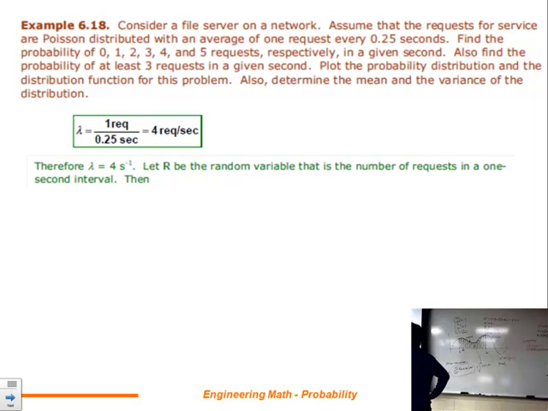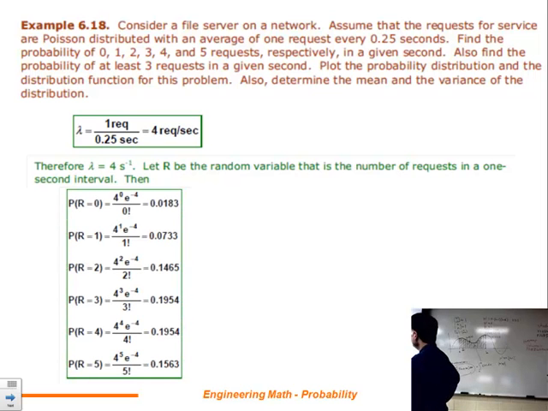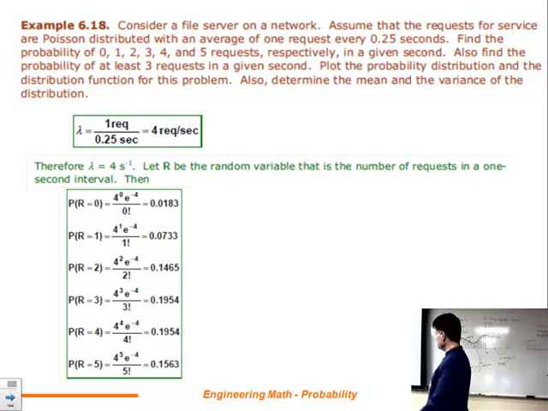So let R be the random variable that is the number of requests in a 1 second interval. Then the probability of getting exactly 0 requests, 1 request, 2, and so forth, we just plug that value of k into the formula we had before. So for k equal to 0, it's lambda to the 0 times e to the minus lambda over 0 factorial. What's 0 factorial? 1. 4 to the 0 is what? 1. Good. So all of this is just e to the minus 4, which is about